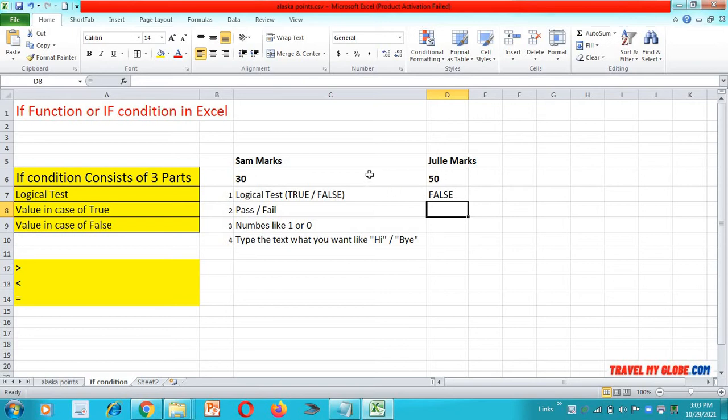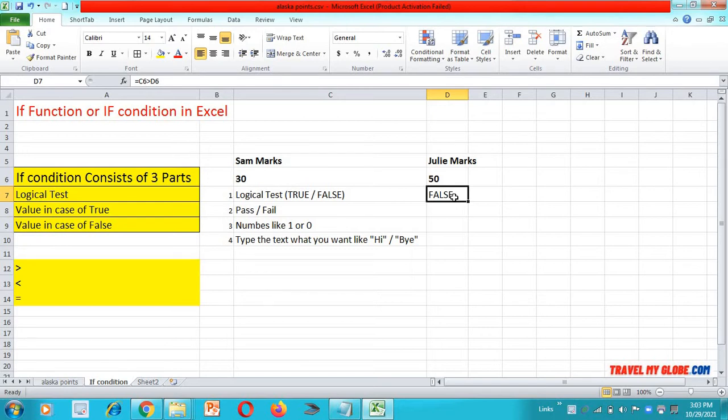False. That means Sam's marks are less than Julie's marks. This is a logical test and it will give you the value in true or false. Every time it will give you only true or false, no other text.